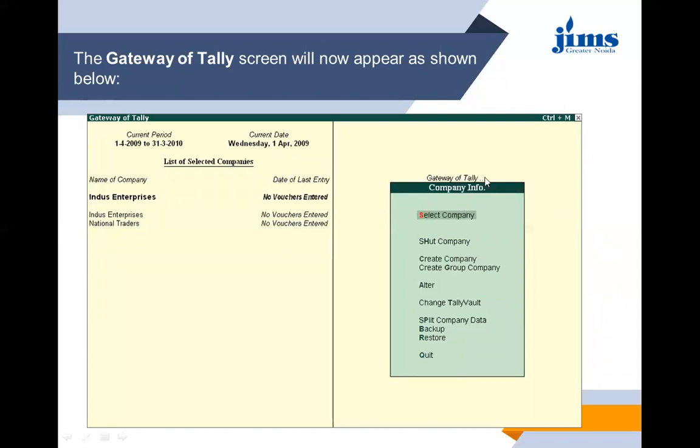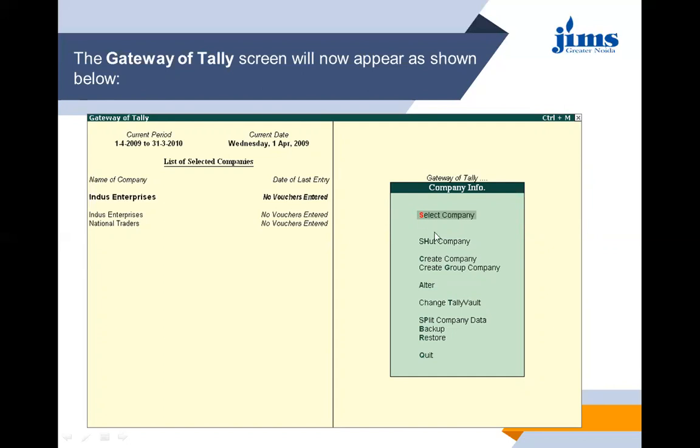After the Gateway of Tally, you'll get this company info. In this company info, if you want to close this company, you can go with the shut company option. If you want to create another company, you can create another.